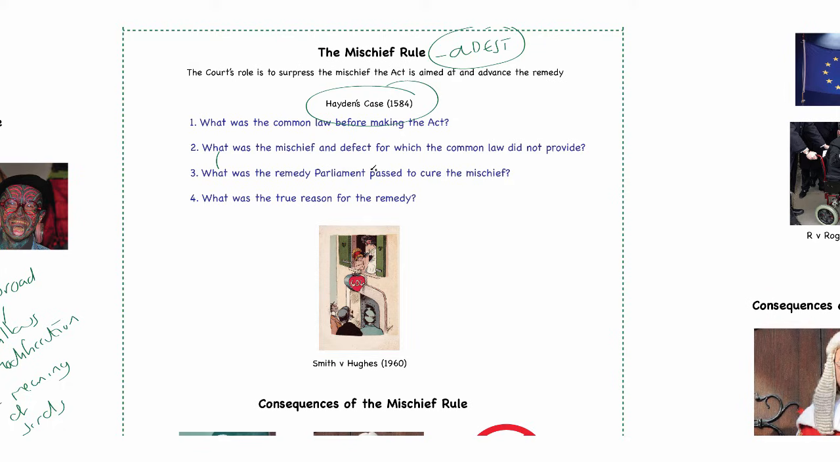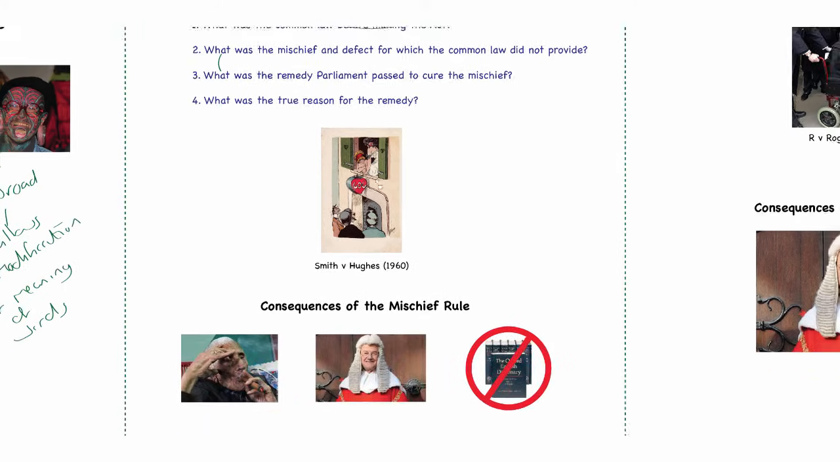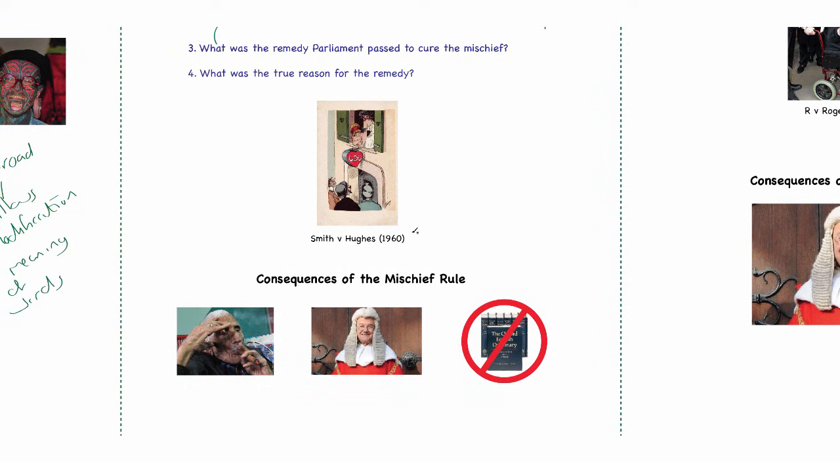Okay, to illustrate that, we'll look at Smith versus Hughes. And Smith versus Hughes is a 1960s case. And in this case, the defendants were prostitutes. Okay, I hope I don't need to explain what they are. And they'd been charged under the Street Offences Act. Okay, let's write this down. The Street Offences Act,